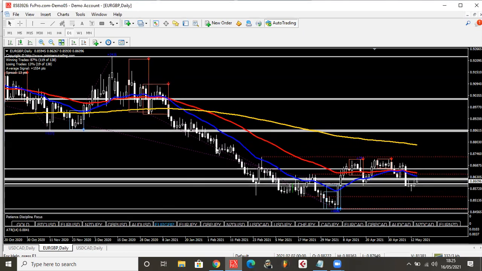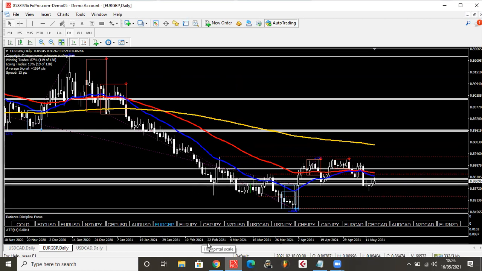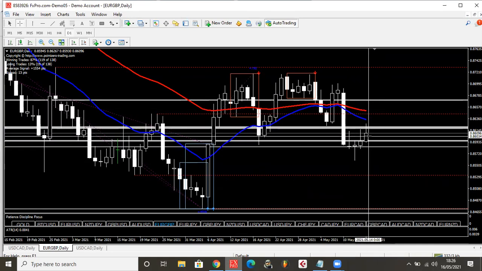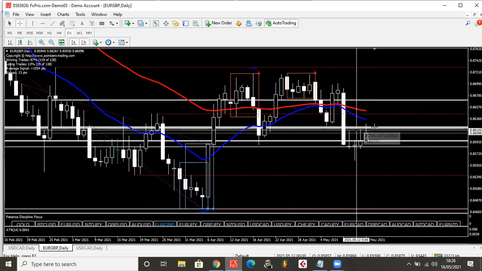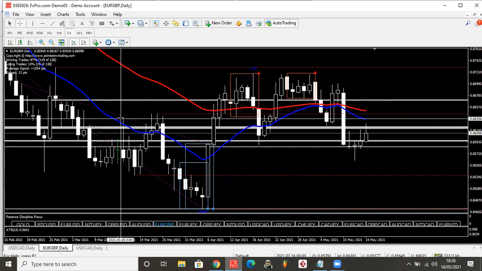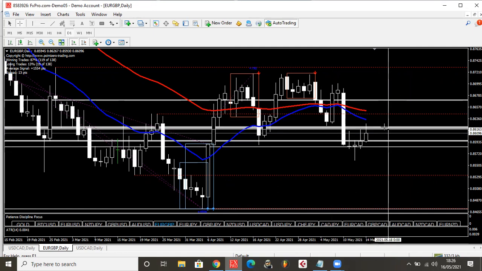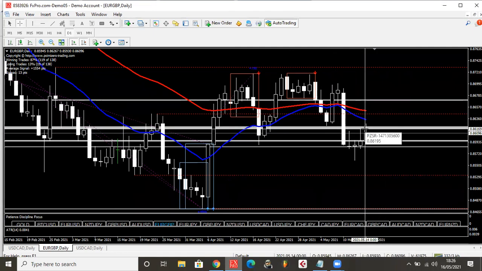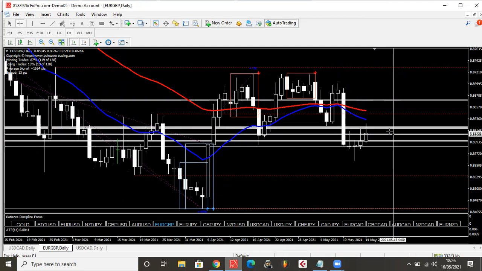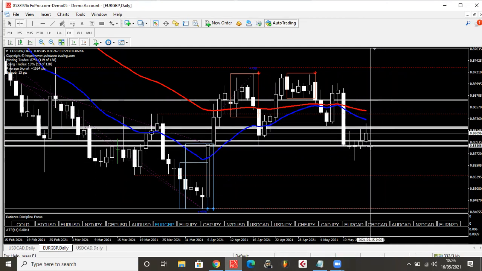Right. So Euro GBP. This is the move, right? So basically, what we can see is the buying power, but look, it does have friction. It does really have friction right here. You see, it hit this resistance point and then kicked back down. So there's literally several resistances in play for this asset. There's the 50, there's the 20, and this on daily. There's a resistance point around 0.86169. So there's resistance right there. There's resistance right here. Resistance right here.